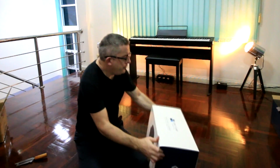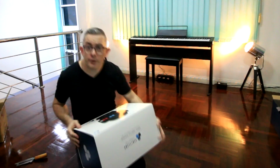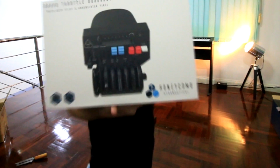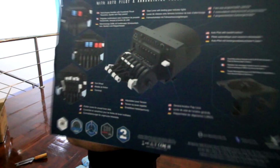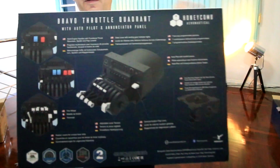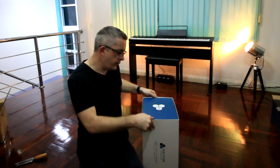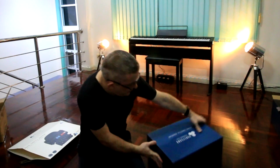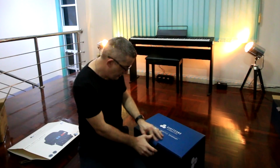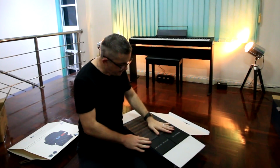All right, so yeah, really nice packaging, exactly the same, but obviously with the throttle picture on the front. Let's have a quick look there. Very nice. And all the different configurations and things on the other side. So let's go with the same technique, get this out of its box. Okay, so